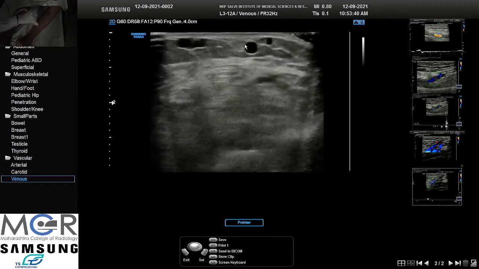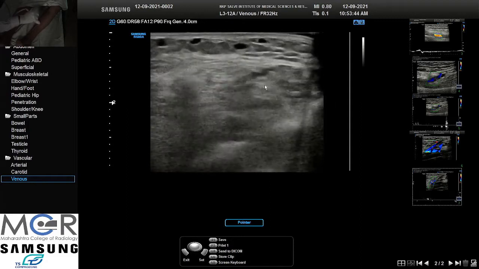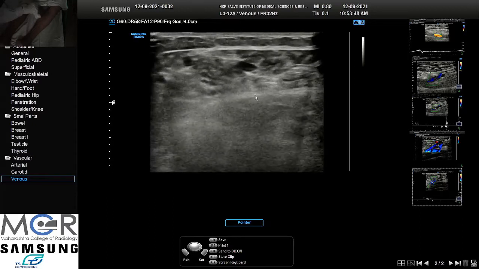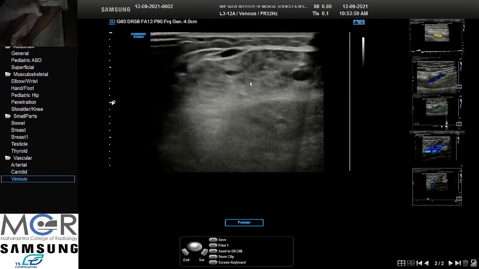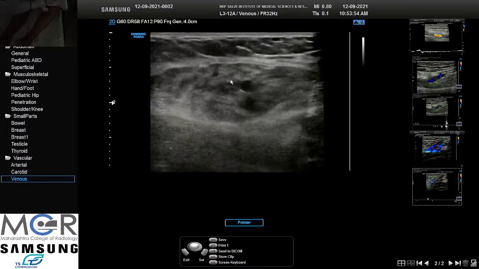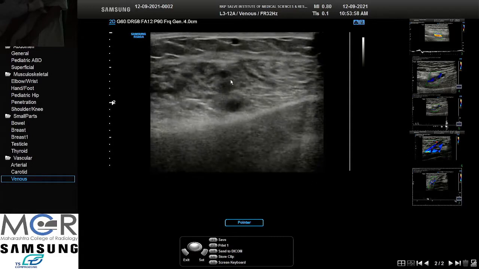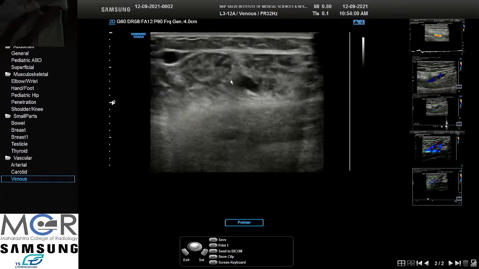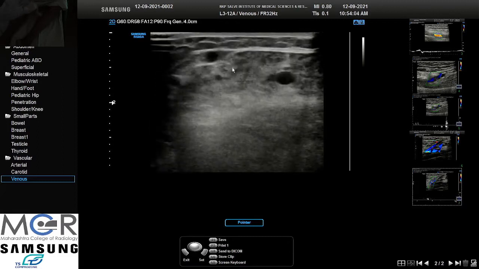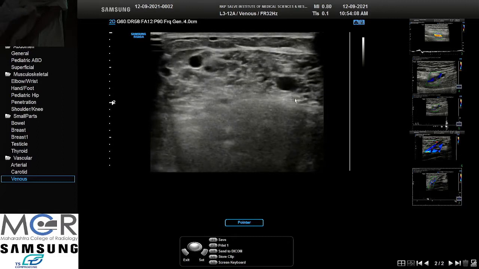These are all tributaries, dilated tortuous tributaries. So you need to differentiate. This is GSV, this is tributary. Okay, and this is a perforator going down.